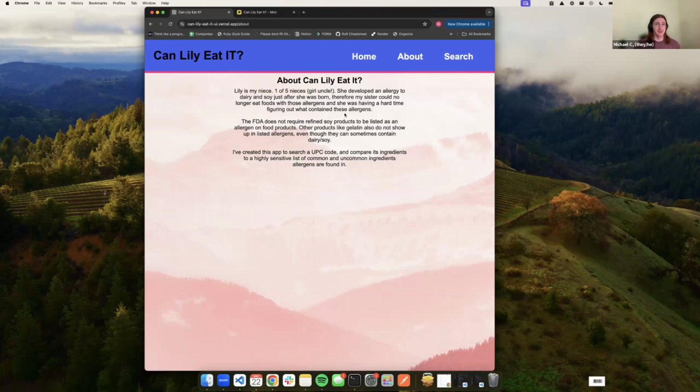So it started out really small, actually. I literally just built a screen with the search bar. You put the UPC code in, and it would just tell you whether or not it had dairy or soy, and whether or not you could eat it. Since then, I've got it to this point where